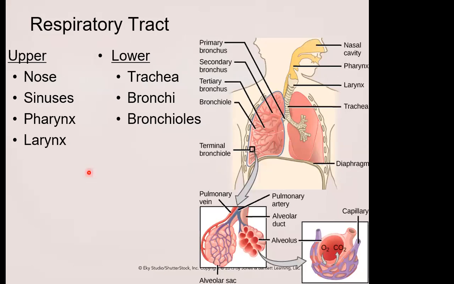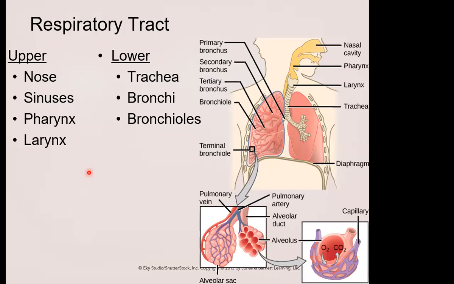All right, so let's talk about the respiratory system. This isn't in your book, but they mentioned the upper and lower respiratory tract, so I just wanted to throw this image up here. So think of right about here in the middle of your neck as the cutoff between the upper and the lower respiratory tract. So the upper respiratory tract is going to be the nose. I'm going to go ahead and include the mouth in there as well. You can say the mouth is a part of the digestive tract, but the back of the mouth